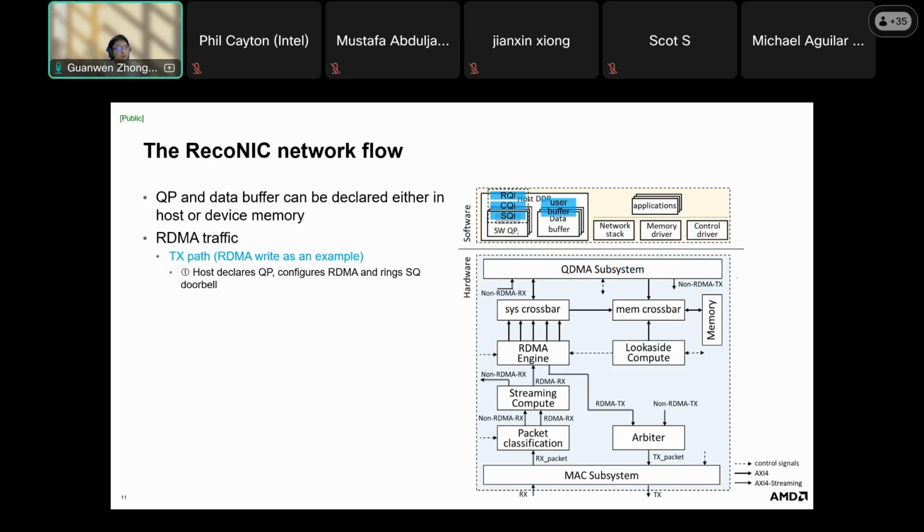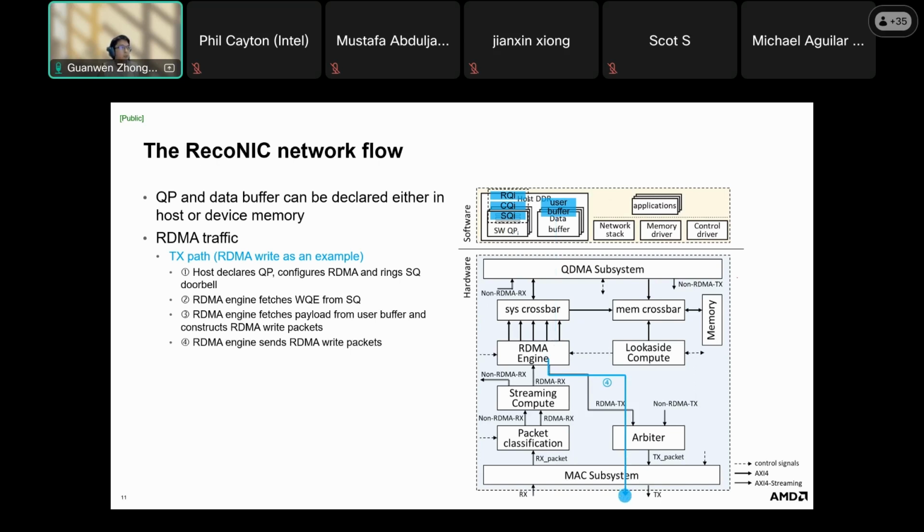Once the RDMA engine detects this send queue doorbell update, it knows that there is an entry in the send queue. So it will fetch this work queue element from the send queue, and based on the work queue element, it will fetch the payload from the user buffer and construct the RDMA write packet, then send it over to the TX path of the MAC system, and then wait for the remote peer to send us